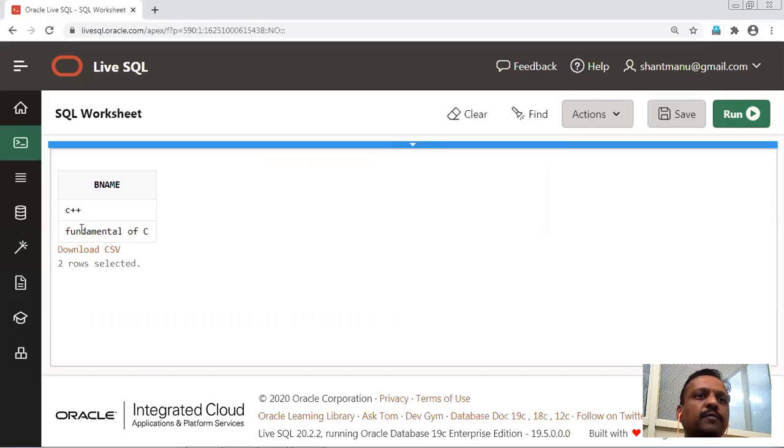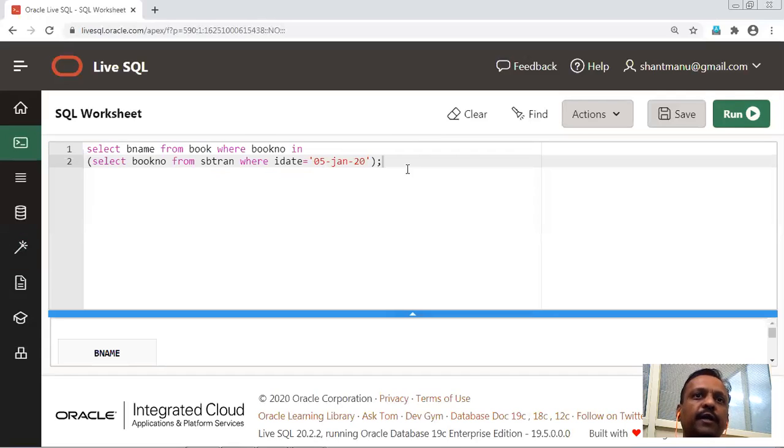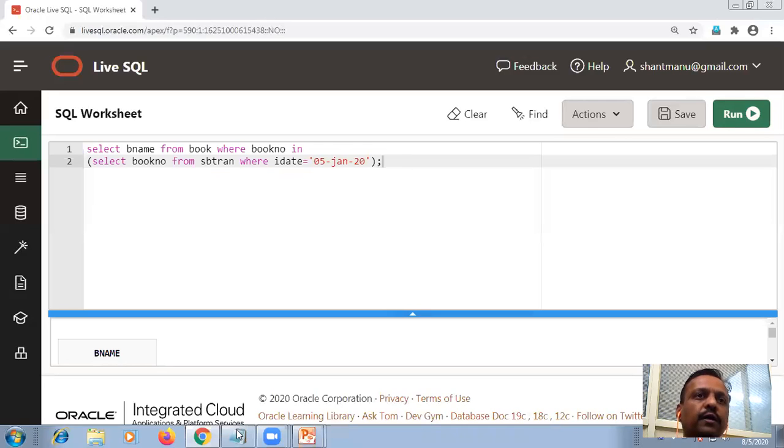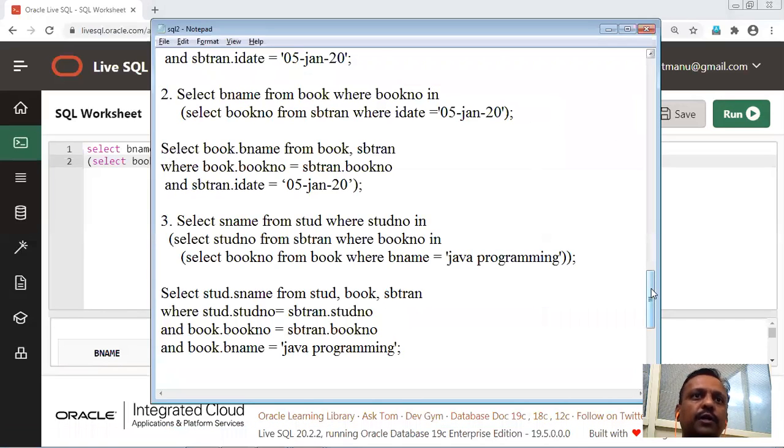We will get C++ and Fundamental of C, both books, issued on 5th January. So this is the inner query of a particular question. Now, what next?